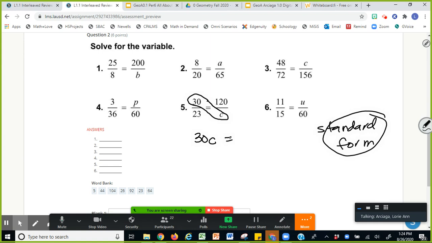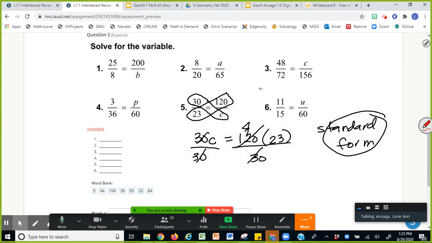So as I have mentioned, it's better to start with that pair that has a variable. So 30 times c is equal to, and if you take note of what I'm doing right now, I'm not using a calculator to multiply 23 and 120. In fact, I'm just going to keep them that way. Why? Because if I don't have a calculator, there's a way to reduce the number, right? The 120, you can divide it. Since we want to get the c by itself in algebra, we have to divide by 30. And by not multiplying these, even if I don't have a calculator, I can easily reduce the numbers, right? So I know 120 can be divided by 30, and that's 4. And with or without a calculator, I can do this in my head, right? So that's one technique that I can share with you.